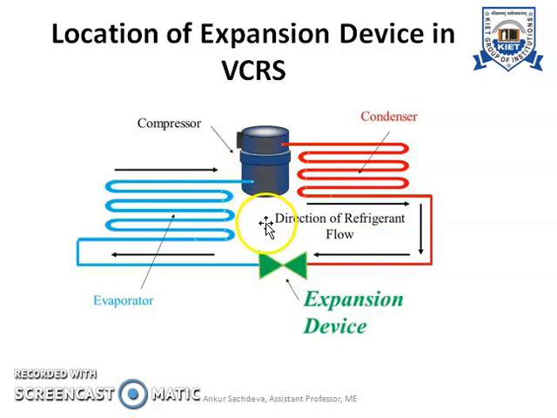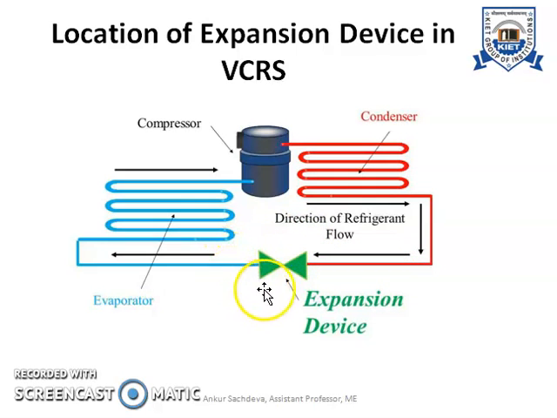Let us start again with the evaporator. From the evaporator the refrigerant moves first into the compressor and then into the condenser, where the phase change takes place, and vapor refrigerant is converted into liquid refrigerant, and then it passes through the expansion device